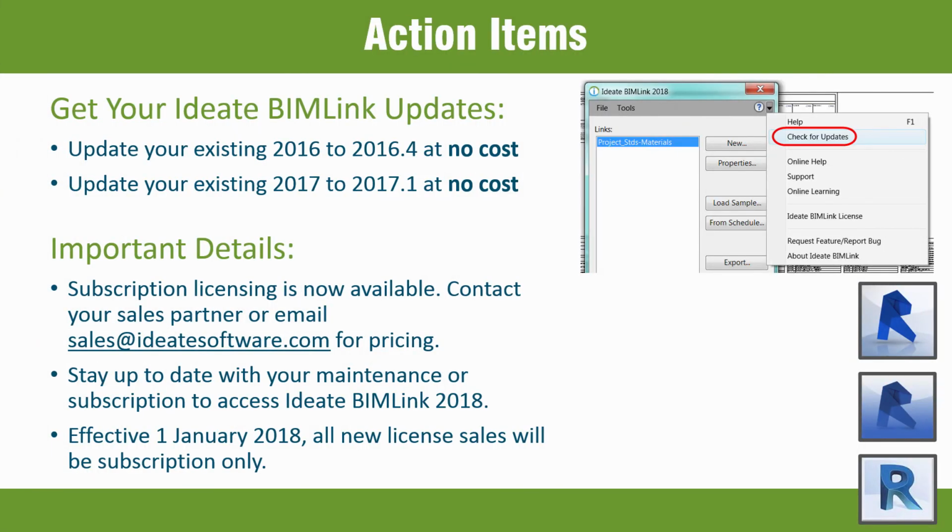Existing Ideate BIMLink customers can access their version-specific, no-cost updates via the Help menu option to check for updates, as shown here. The installs are simple and do not require an uninstall. If you're on maintenance or subscription, you may access 2018 software versions. If not on subscription or maintenance, you should contact your partner or sales representative or email us at